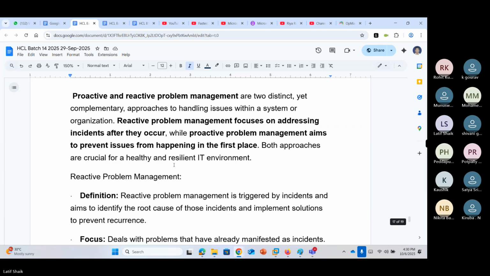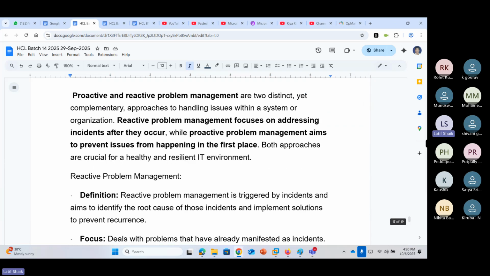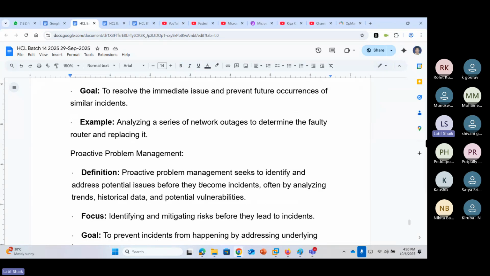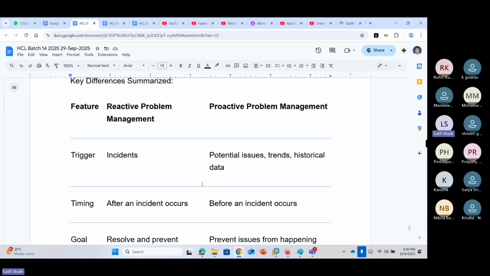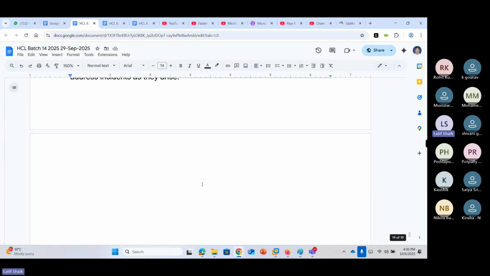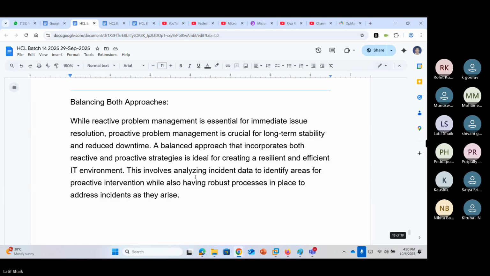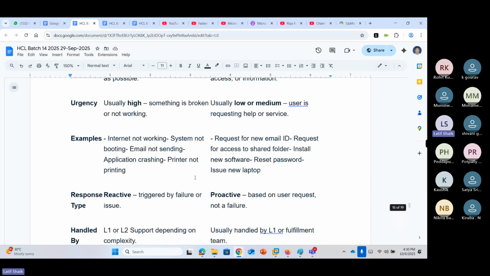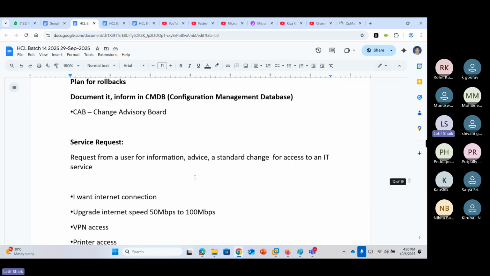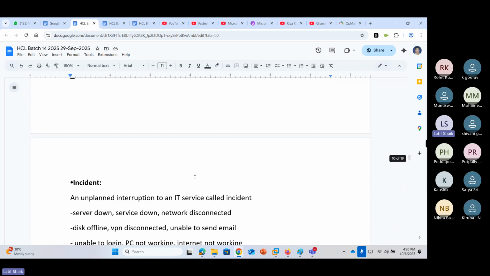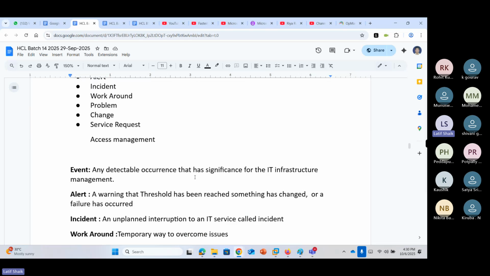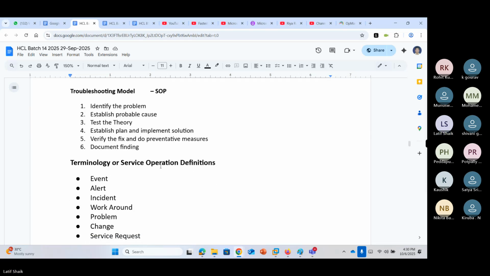Here I also put proactive and reactive problem management. What is reactive problem management? Proactive problem management also. So these are the terminologies, and another important one in this terminology is what incident and service request tickets are, which I have just explained.